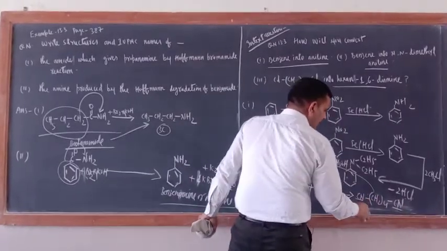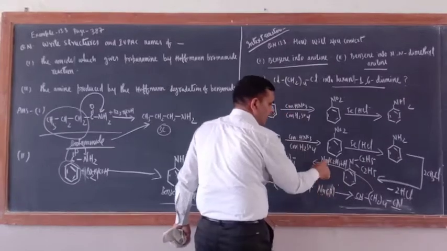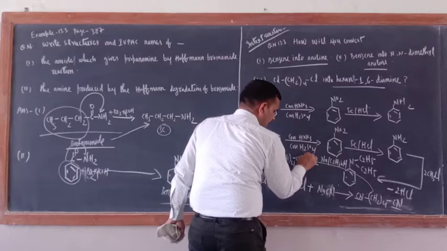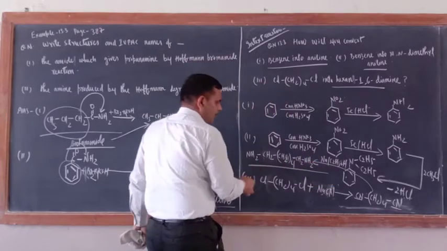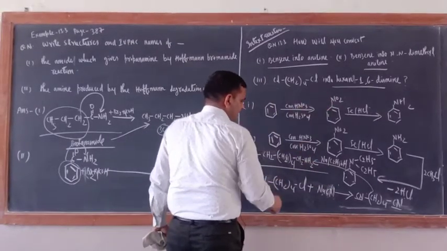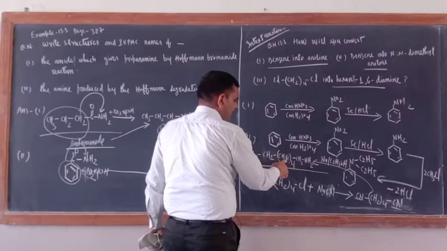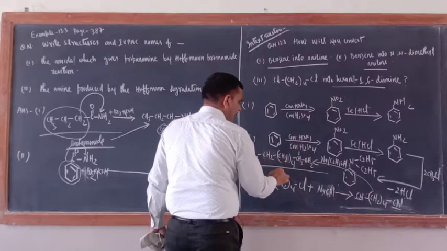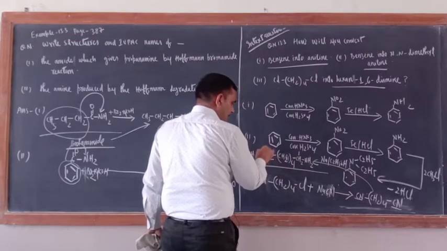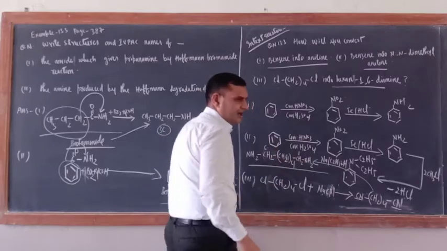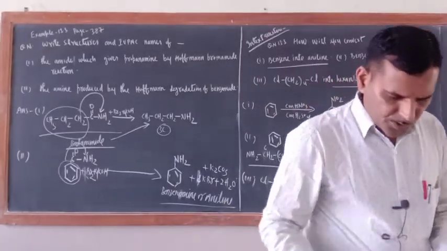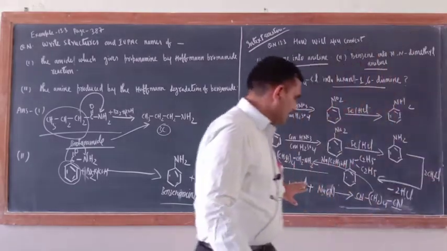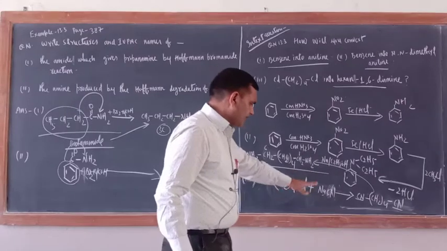Now same thing here, CH2 NH2. Total 8 nascent hydrogen is required. Correct or not? Now you have got hexane-1,6-diamine, with amino groups at 1 and at 6. Now this reaction has been explained in Modern ABC in the wrong way. This is the correct way. Okay, don't get confused, simple.